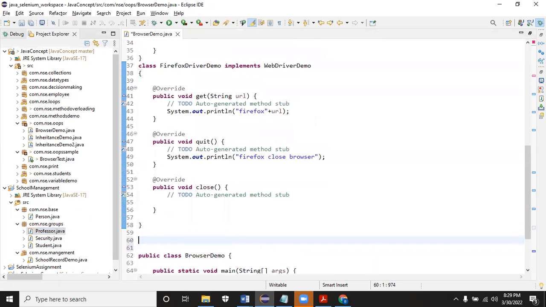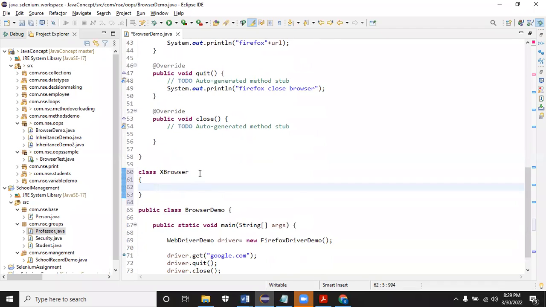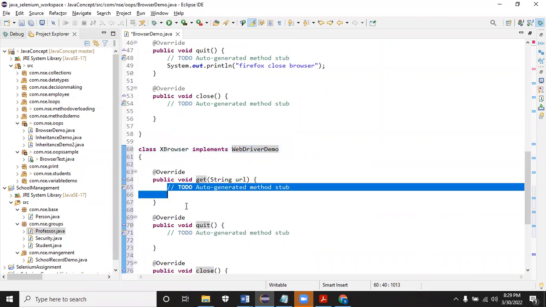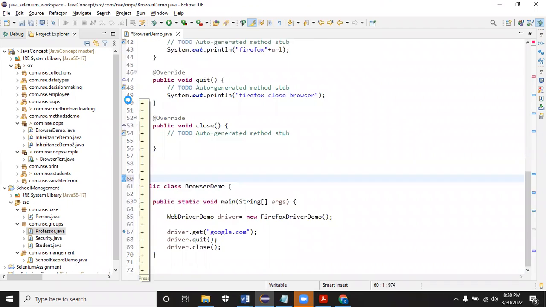Suppose you are trying to support some new browser. You don't want to put a lot of effort in this. You will come to know what methods you need to design first of all. I'm going to create X browser. Assume that I wanted to automate that X browser. For that, what are the methods I want? You don't want to worry about it. You just implement the interface. Once you implement the interface, you will get the methods that need to be created, and you have to sit and write the definition for those methods. While entering into the OOPS concept, you will see the advantage of extensibility.